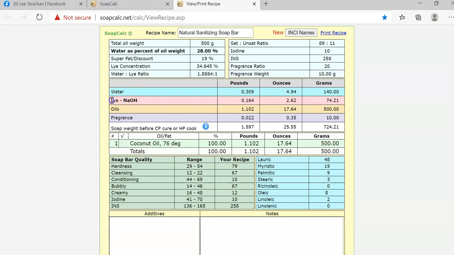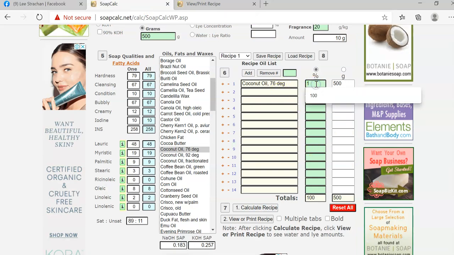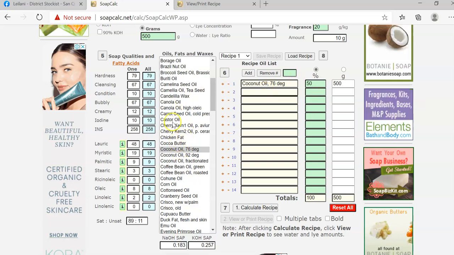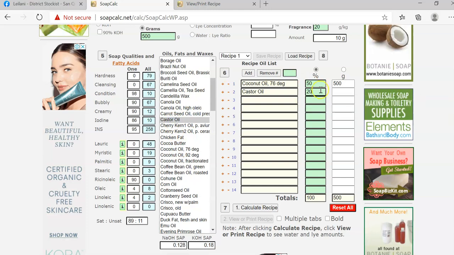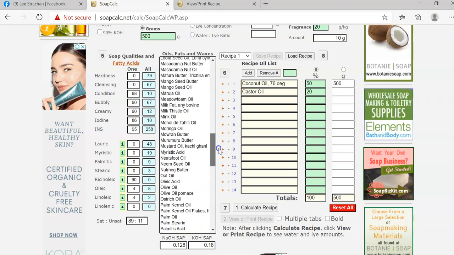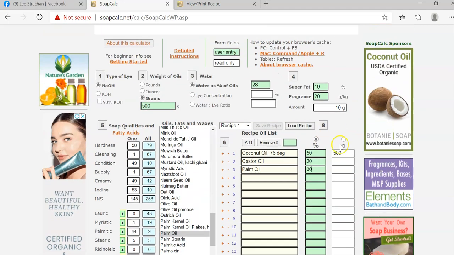And you've got the lye here. This was calculated based on the oil that you use in the formula. So if you happen to replace the oils, let's go back here. All right. So if you want to change the oils, you would like to use this at probably 50%. And then let's try castor oil at maybe around 20%. We still have 30% to use. You probably want to use palm oil. Let's say palm oil here, 30%. And then of course, because